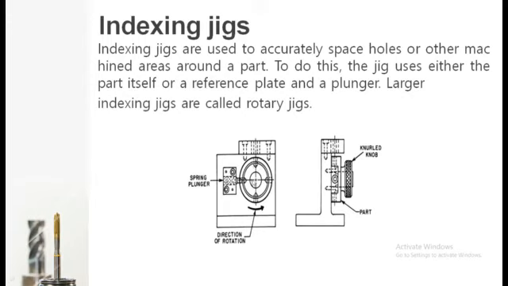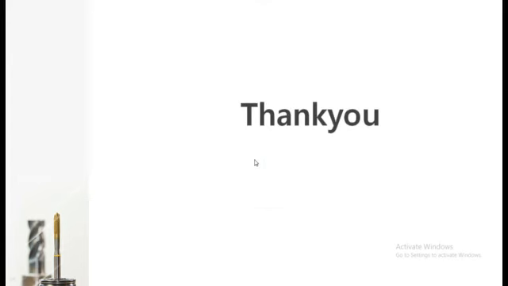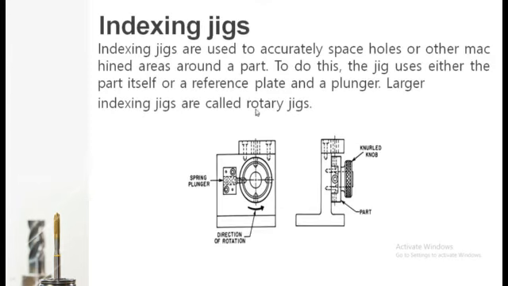Now what does this spring plunger do? Whenever this rotates, you can see it will rotate in an anti-clockwise direction. So imagine here there are no holes drilled. The first drilling operation is carried out at this position. This plate will rotate in the anti-clockwise direction, so this drilled hole allows the spring plunger to go inside this hole, and then after rotating 45 degrees, the next drilling location will come here, so that you can drill the hole at 45 degrees.